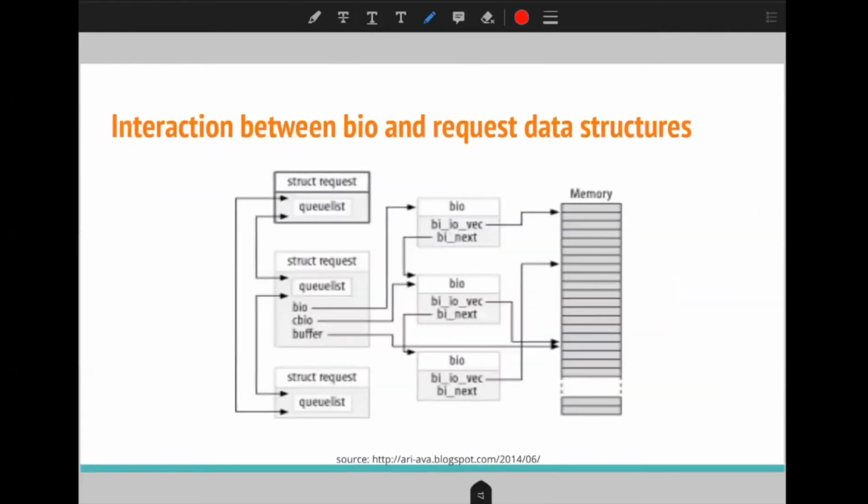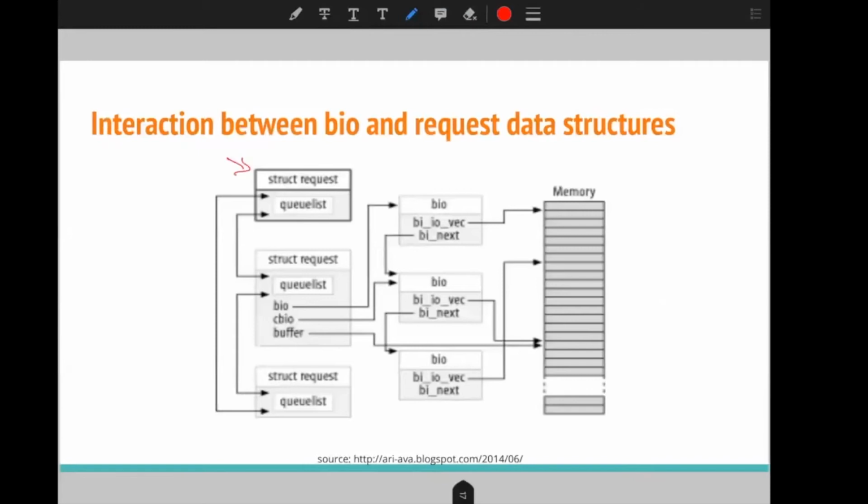So here you can see that this is the list of the request queue. So this is the request queue. So this is a list of different requests, and these requests are represented with the help of the request structure. So here you can see that in the request structure we have this bio field.